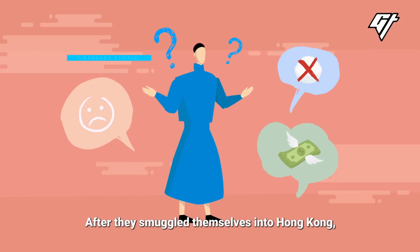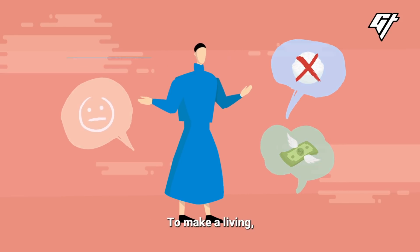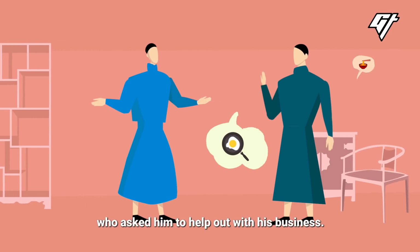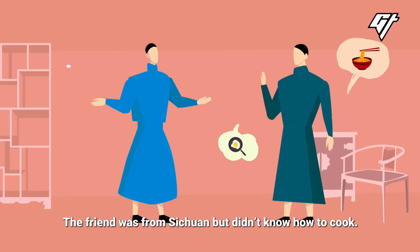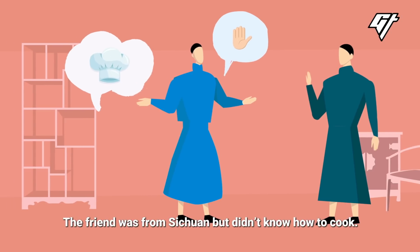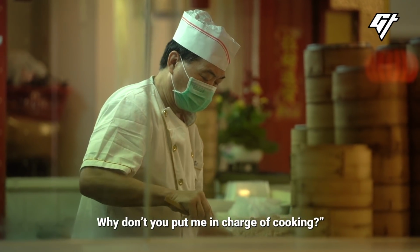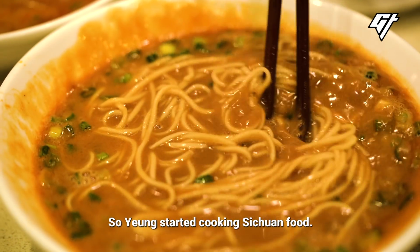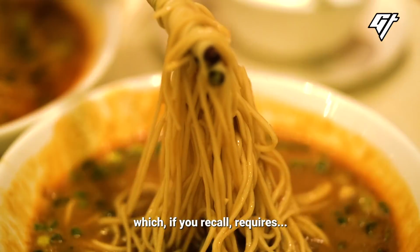So Yeung started cooking Sichuan food. One of the dishes was dandan noodles, but he didn't really stick to the original recipe, which, if you recall,